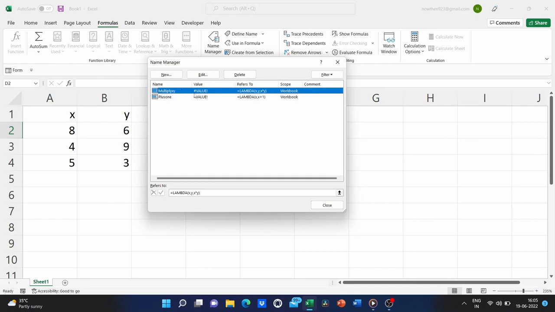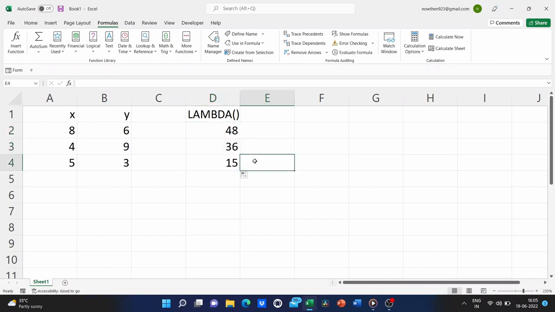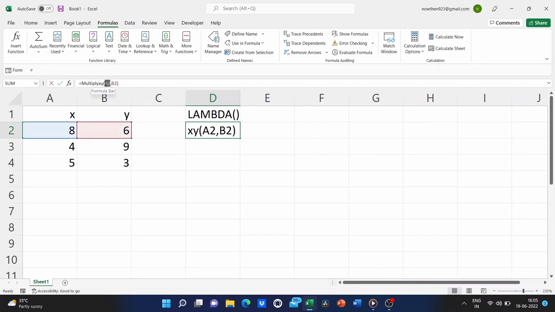There it creates this multiply xy, and now we can reference our function with input variables for x and for y. And you can see that it multiplies those two values together for your results. Another feature of the lambda function is that the input value can be a range as well as an individual value. So, for example, let's say we delete these and we edit this A2 value for input. And instead of selecting just the A2 value of 8, let's go ahead and do the range of the entire column.